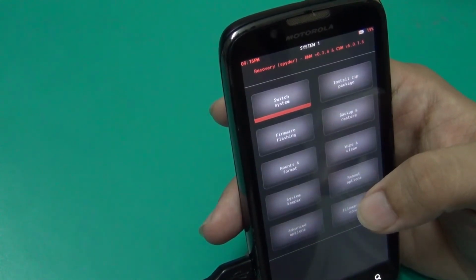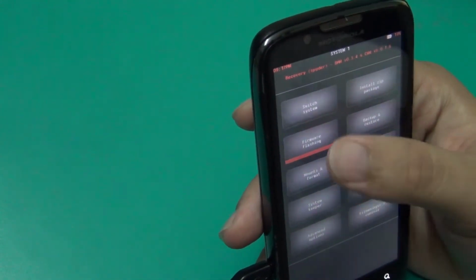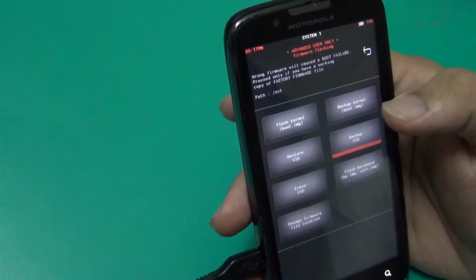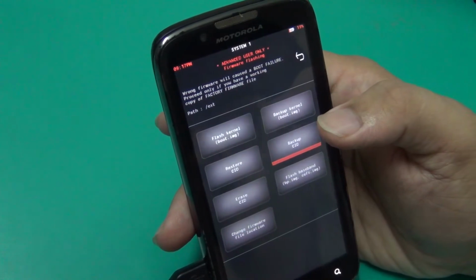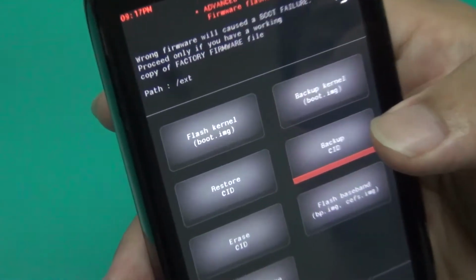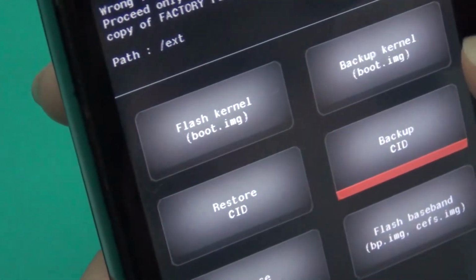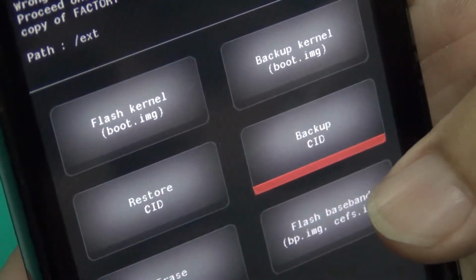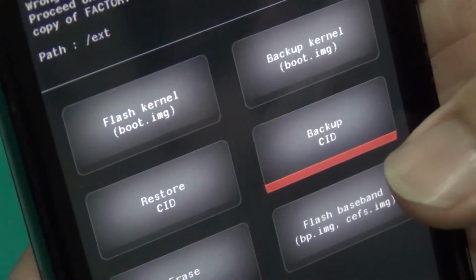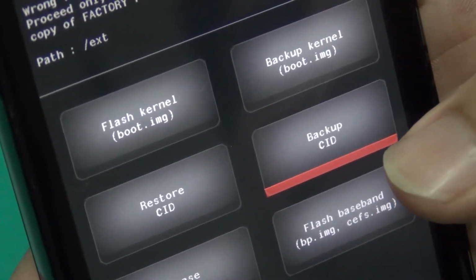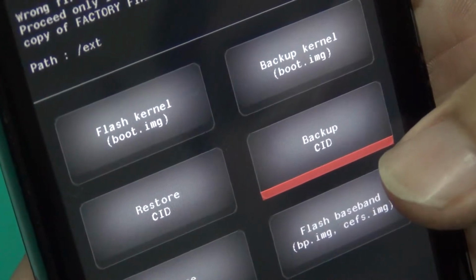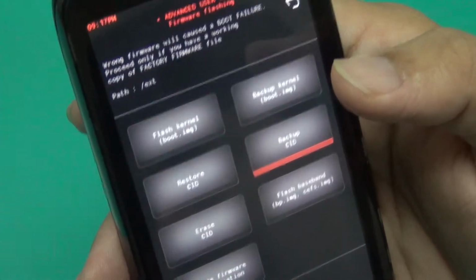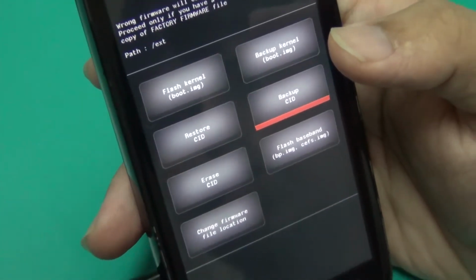Before installing any other ROM, just go to firmware flashing and take a backup of CID, because after installing other ROMs, meaning 2 or 3 or 4 or 5 ROMs, it will create problems. Many times it shows customer ID not found or something. This type of error shows when the first Motorola logo comes, and it will cause some problems in signals.